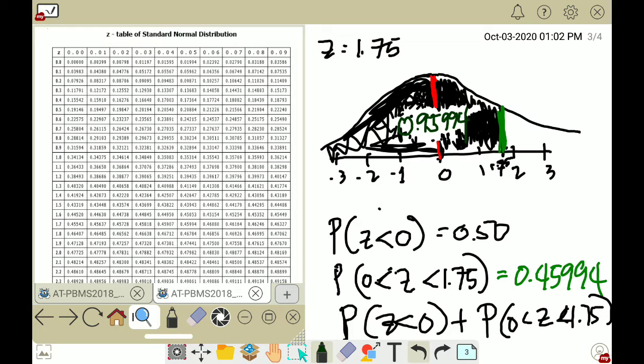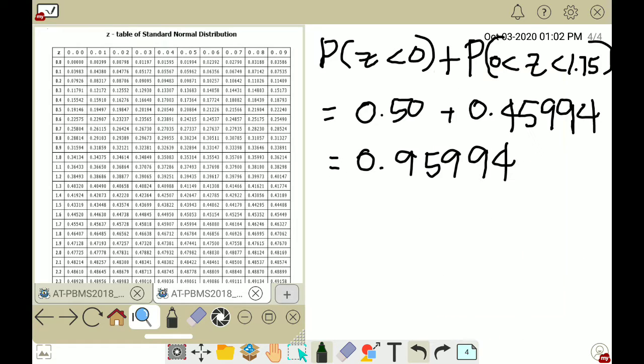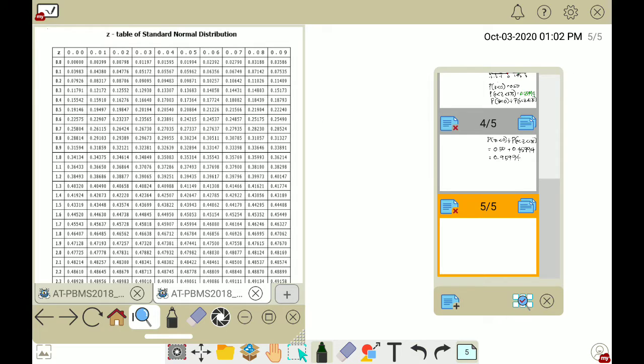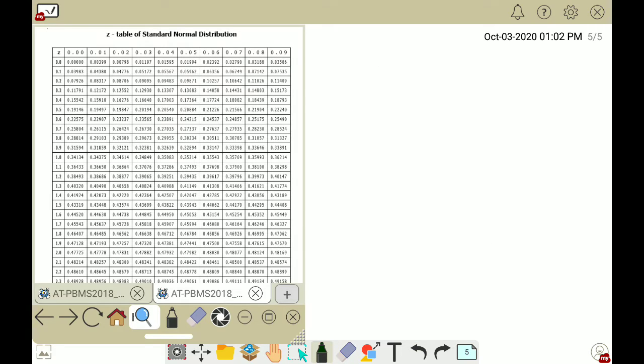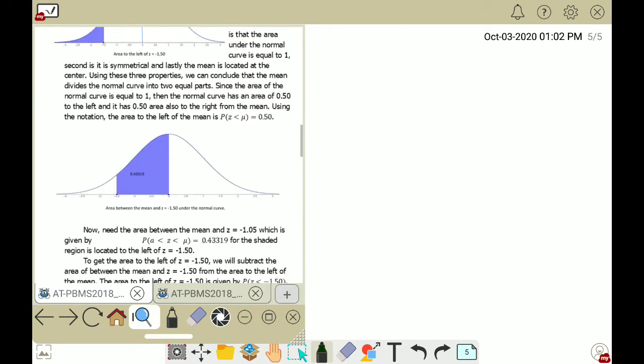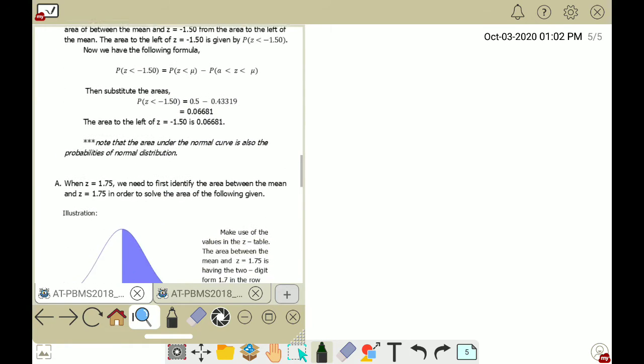Okay, that's the area. So another thing to remember is the between. Okay, if that's the case, we have here already the third one, for the between